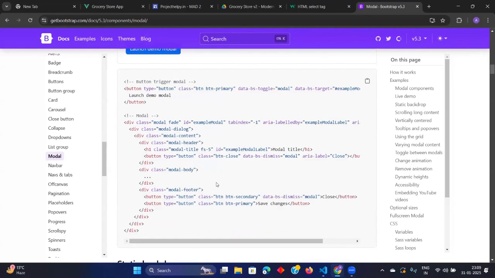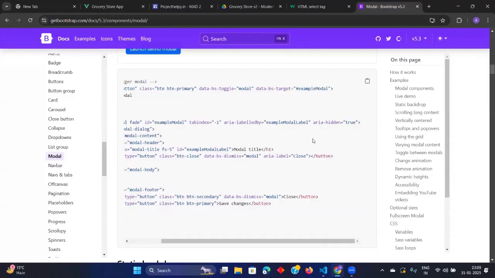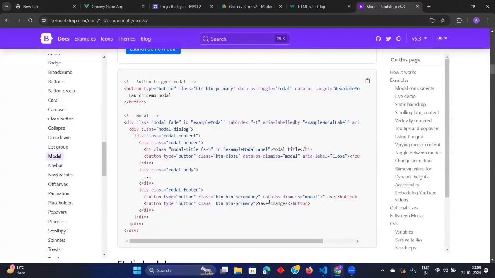But in this scenario, when we want to open the modal, we call it specifically, not using this data target. You have to call it some other way, using the ID which we define for the modal and the tab indexing and all. So it's a little bit complicated thing. Are you ready to do it today or tomorrow?